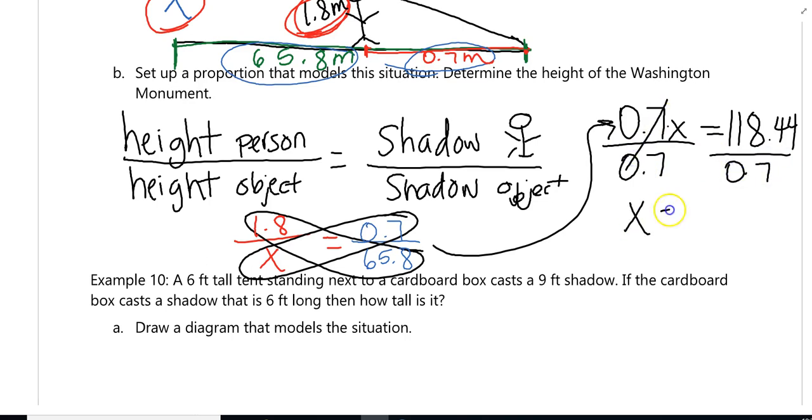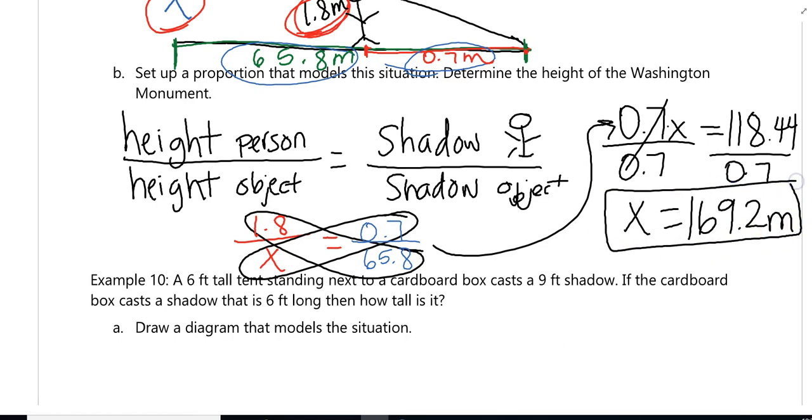And that's going to give me x equaling roughly about 169.2 meters. That is the height of our monument. So determine the height of the Washington Monument. It's roughly about 169.2 meters. All right, we're going to do the same thing, drawing a picture, setting up a proportion, and then